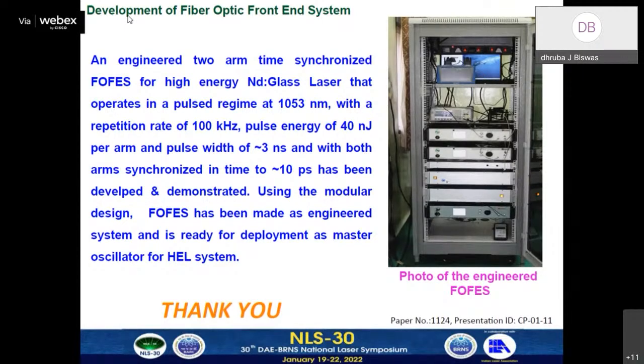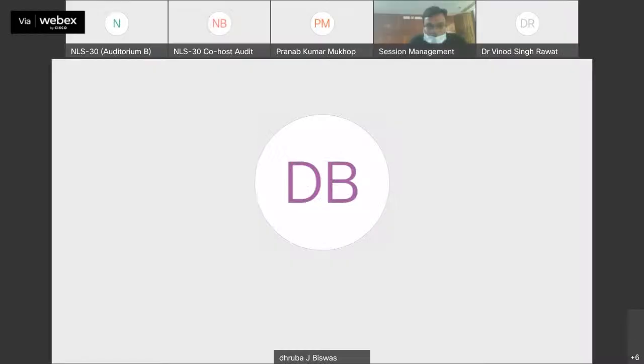I have a question. Judges, please ask your questions. What is the seed source? Is it a semiconductor laser diode? The seed laser is a 2-watt CW laser, commercially available. Its inner parts have a narrow linewidth semiconductor laser and a CW fiber amplifier integrated into the fiber laser system. It is a 2-watt fiber laser system operating at 1053. As you said, it is a semiconductor laser and a CW fiber amplifier, so both are there.